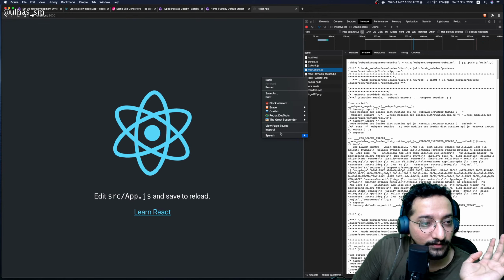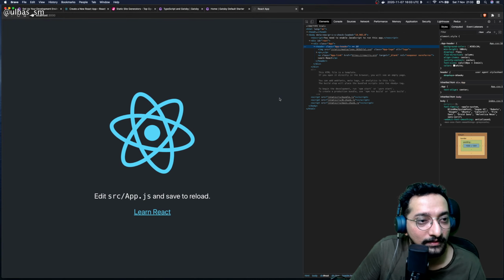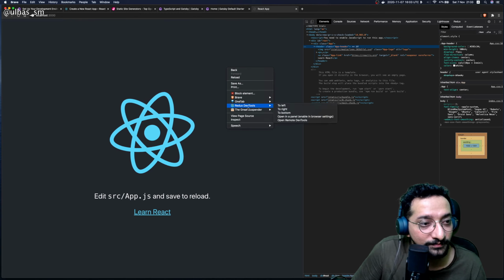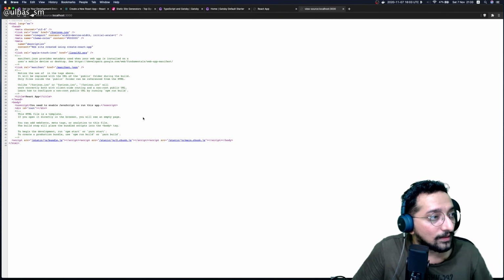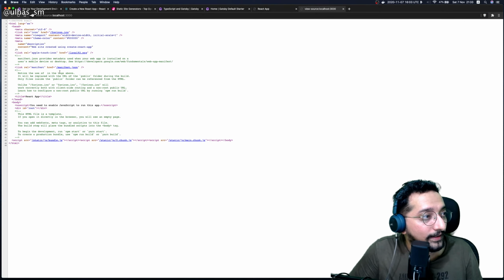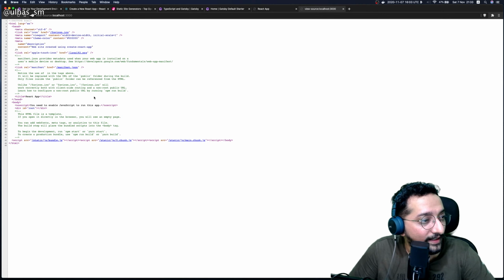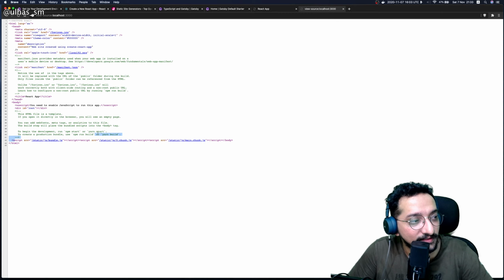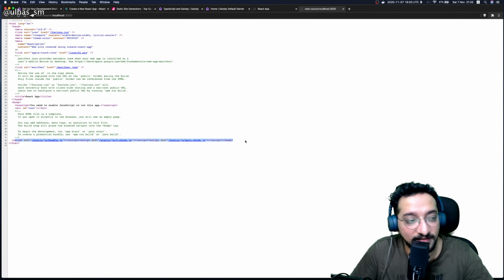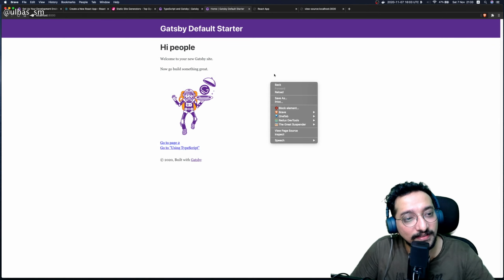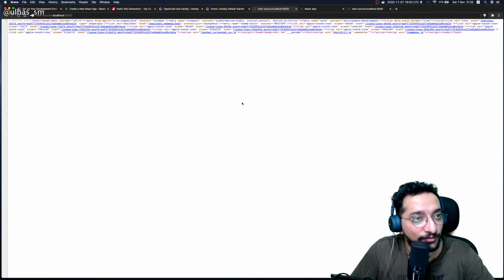Okay, if I go to inspect and view the page source, what will happen is I'll see the page source over here. So it says that it is created by React and there is a bunch of JavaScript injected inside this particular index page, right? Compare it to the Gatsby page that you get. Okay, now if I do a view page source over here,